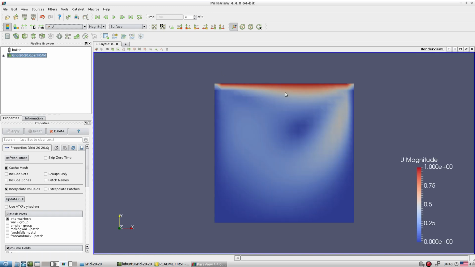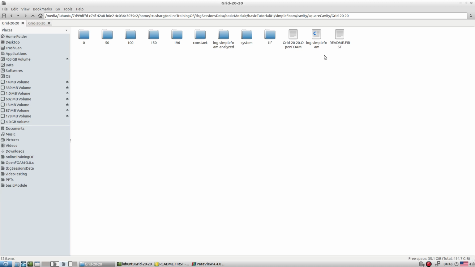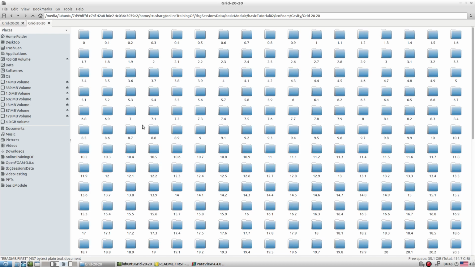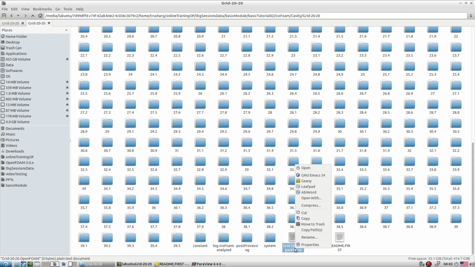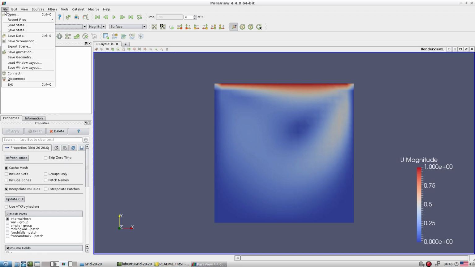This is the result of simpleFoam. Now we want to merge both in paraFoam. How are you going to do that? For that you have to copy one file. When you open paraFoam in any of the directories, this .OpenFOAM file is created. Copy this file from this area and paste it here. You can rename it whatever way you want, but the .OpenFOAM name supposed to be there.